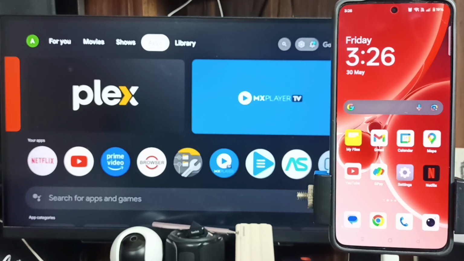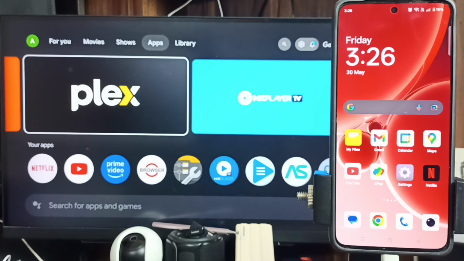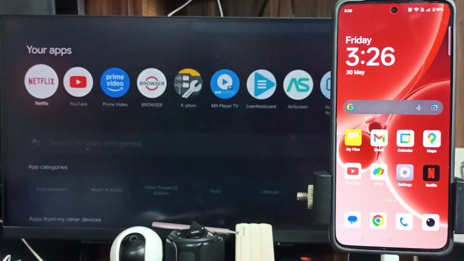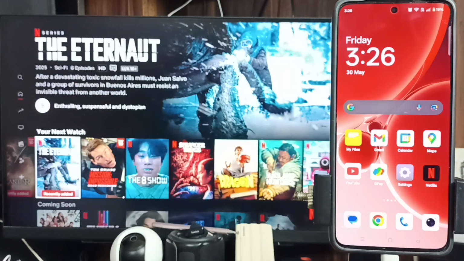Hi friends, this video shows how to turn off autoplay next episode. First let me open this Netflix TV app, and here I am going to turn off autoplay next episode. But in the Netflix TV app you could not find an option to turn off autoplay next episode, but there is